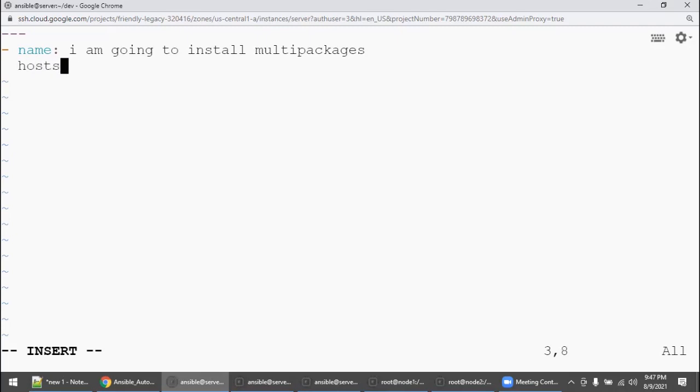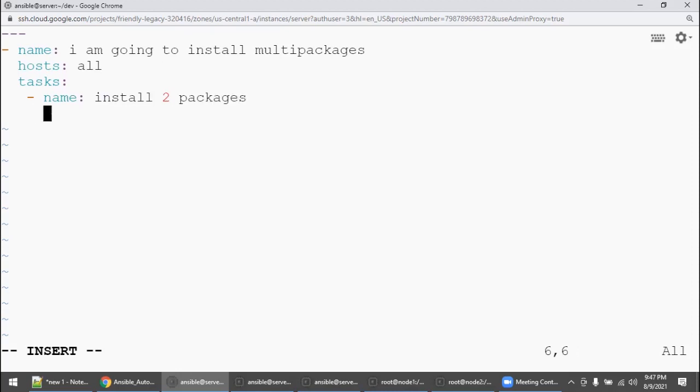Hosts: all. Then I am going to start my task. Go one space inside because I'm going to start my first task. Hyphen space name colon install two packages.